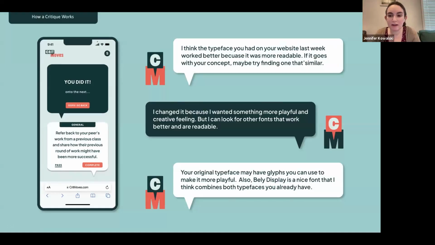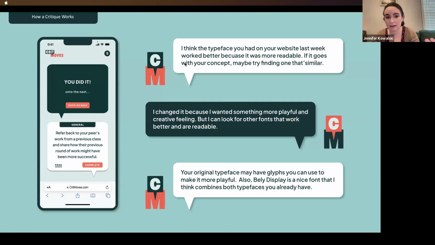So essentially, it's based on the concept of conversational moves. And the idea is that in a classroom critique, students have their work pinned up on the wall in a very traditional way. They're sitting around, they're looking at the work. It's very much in the physical environment. They have their phones with them. So this is functioning similar to an app like Kahoot, where students are engaging with material that is off their phone, with prompts that are on their phone.